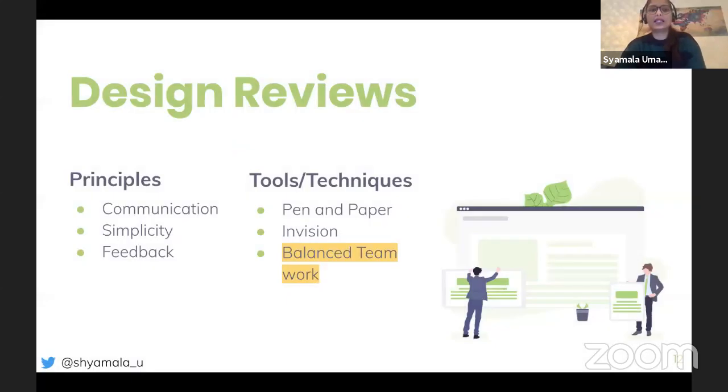The next thing is design reviews. Design reviews are one of the practices that we follow as a team. Typically, when you have new features that you want to develop, we go out and ask our users for feedback. We have prototypes and everything, and even before doing that, the designers come up with a certain prototype or design, and they present it to the whole team and get some feedback.